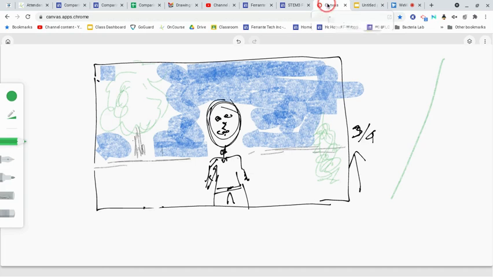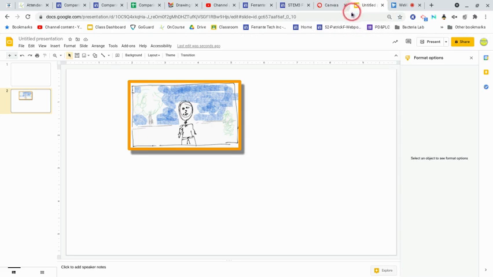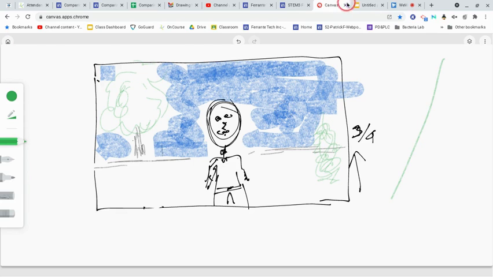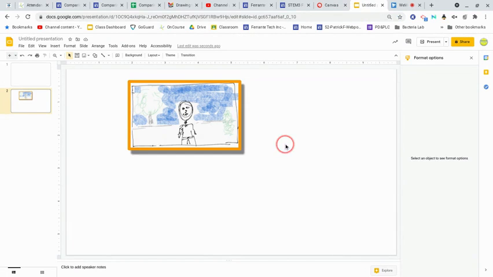Okay, well, that's basically Canvas into a Google slide. Just wanted to show you a few formatting options in Google Slides that you can use as well,